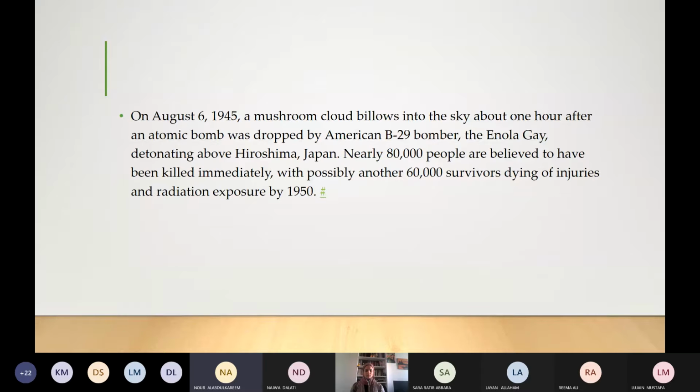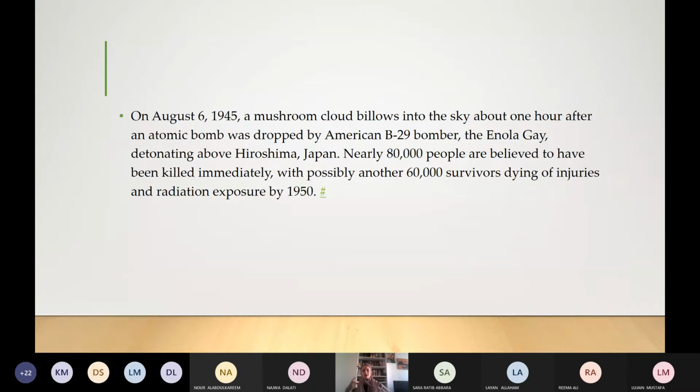Nearly 80,000 people are believed to have been killed immediately, with possibly another 60,000 survivors dying of injuries and radiation exposure by 1950.